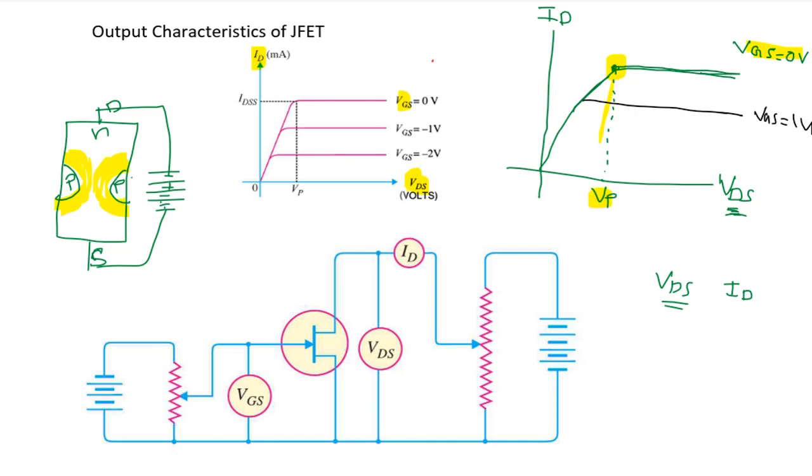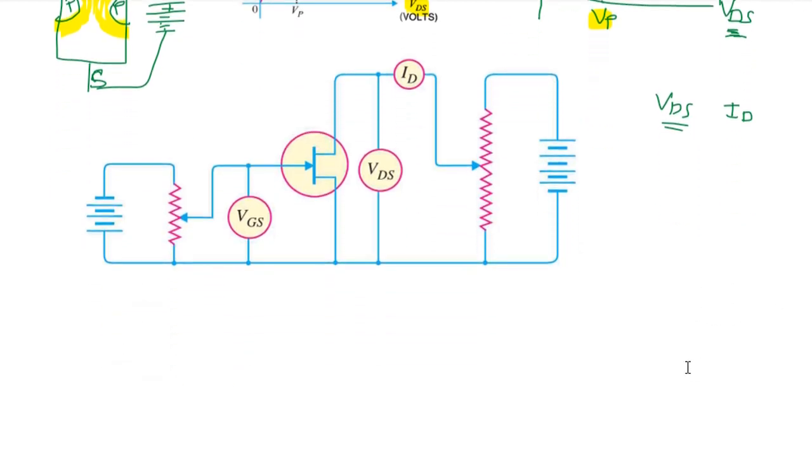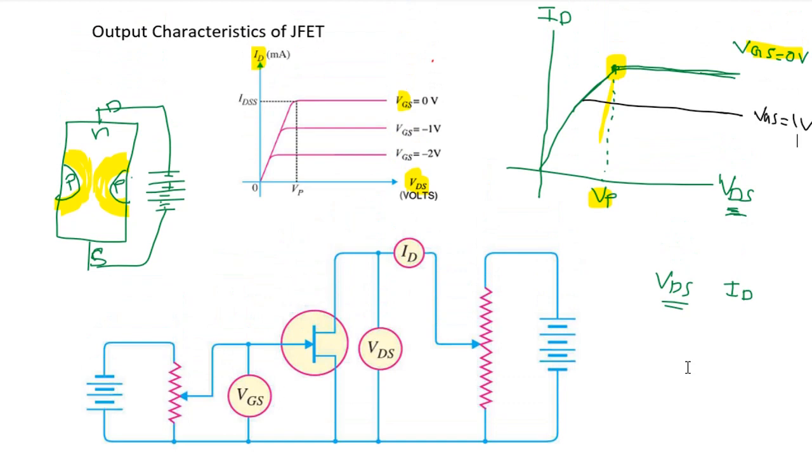Now let us discuss the circuit diagram. In the circuit diagram, what is our aim? Our aim is to plot the curve between ID and VDS. Now to measure ID, we need an ammeter, and to measure VDS, we need a voltmeter. Also we have to measure the VGS, gate source voltage. So we have two voltmeters, VDS and VGS, and an ammeter, ID. Now in order to change VDS, we need a rheostat, and this is the voltage source VDS, and here we have VGS, and we will change it by using a rheostat.